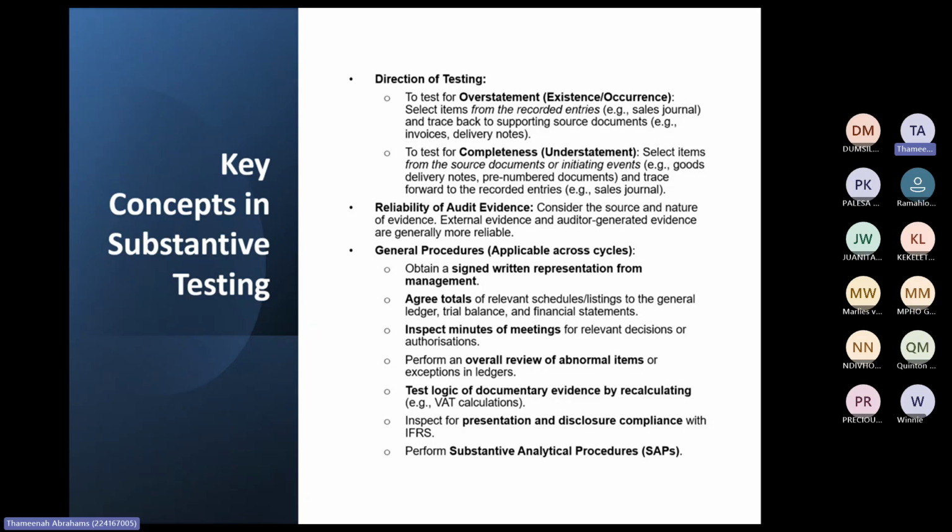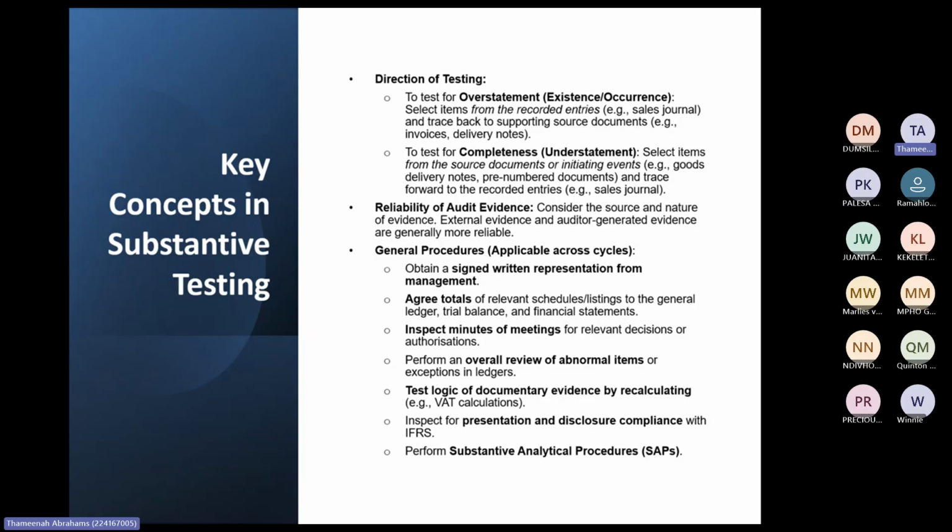If UNISA is silent in the required about what assertion you must address when you formulate your substantive procedures, then you can go crazy and say all assertions. Then you can say obtain a signed written representation from management for all the assertions relating to revenue, and you can name the assertions also, which are the 6 assertions for transactions.